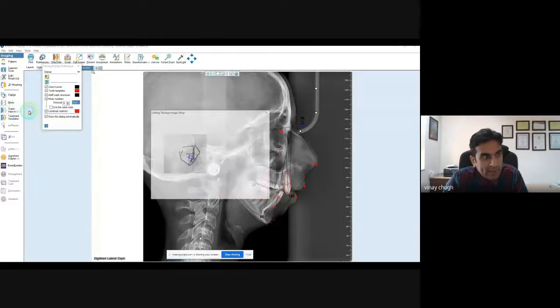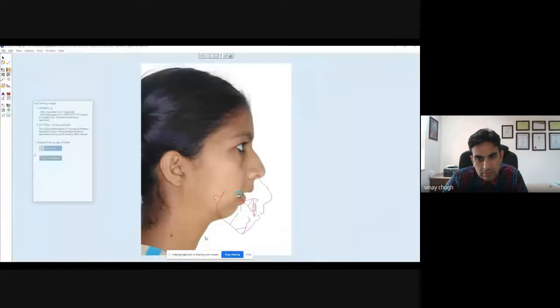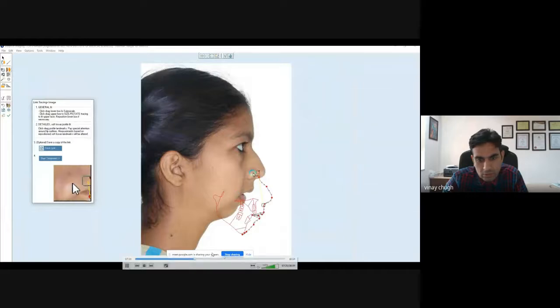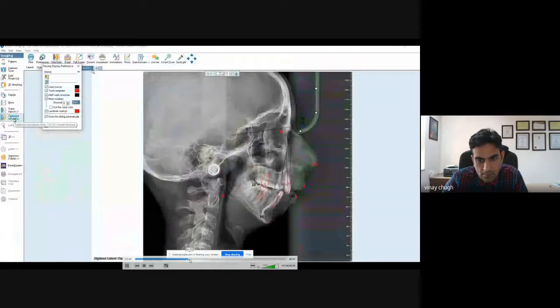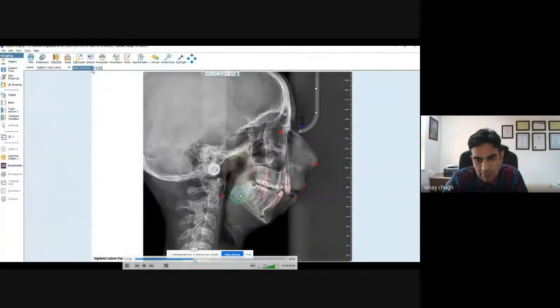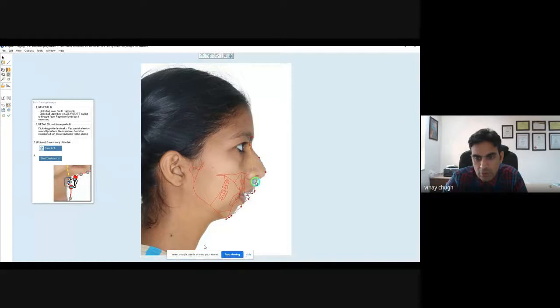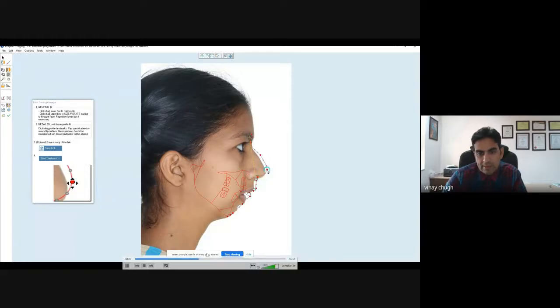So what planning we are going to do is, I will first mark this tracing over to the cephalogram, so we can calibrate it, and we have to do it onto the photograph, whatever tracing we have done.